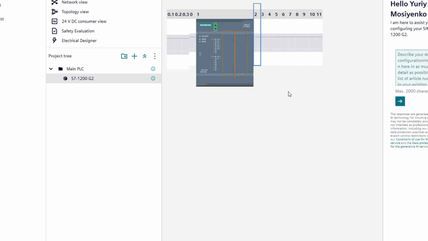So I would add additional analog I/O modules in here, but I will use digital inputs of the CPU itself. Digital inputs and digital outputs of the CPU itself. It's more than enough for us with enough spare still existing. So let's double check